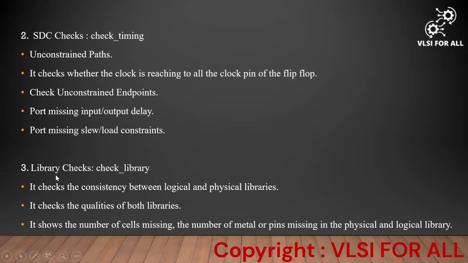And the last one is library checks. For this, we give the command check_library. It checks the consistency between the logical and physical libraries. When we provide these two libraries, it checks whether they are consistent, and whether there are any syntax errors or other issues. It checks the quality of both libraries and shows the number of cells missing,